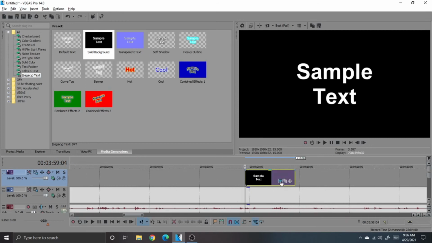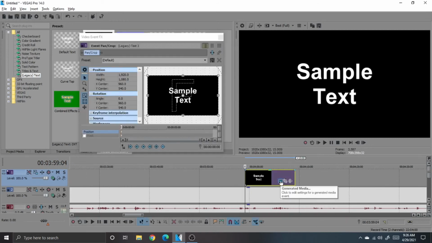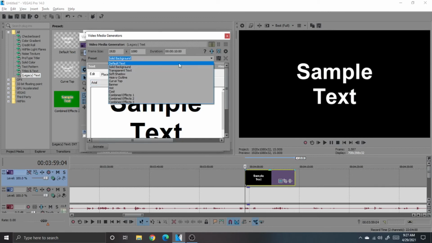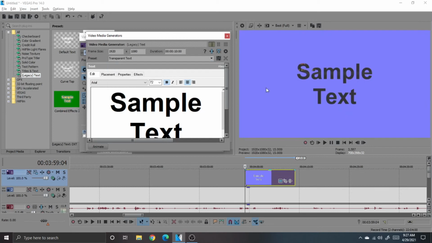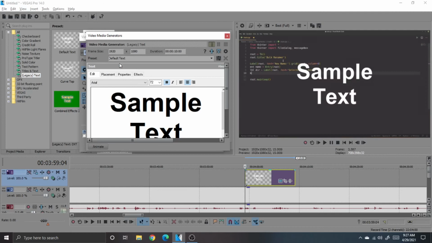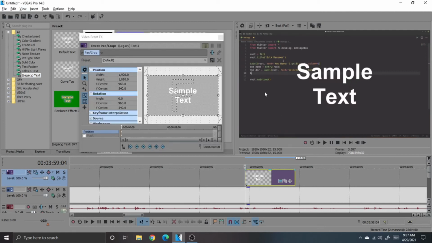So if we go here, if we click there, then that's this scene video effects, so the generated media. Then here, as you can see, it says solid background. You can change that, so maybe you want the text to be transparent. Works perfectly fine. Want only the background to be transparent, works perfectly fine as well. But usually, you can just